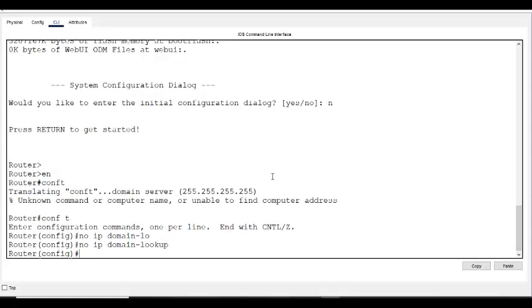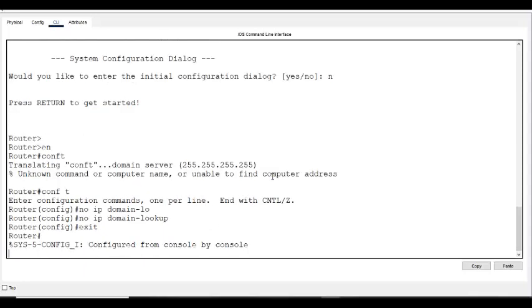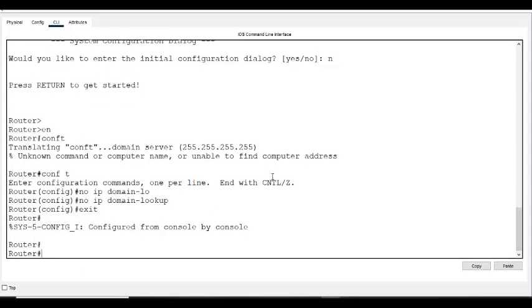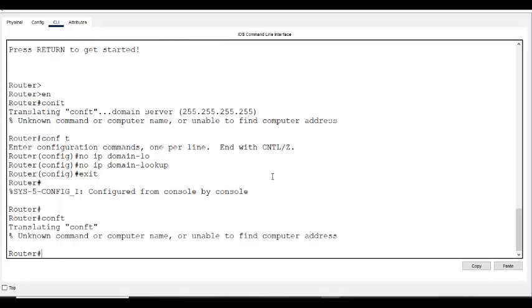Now, you see, I'm going to make the same mistake. Conf t. It's not making me wait now. But without this command, if I type a wrong word,